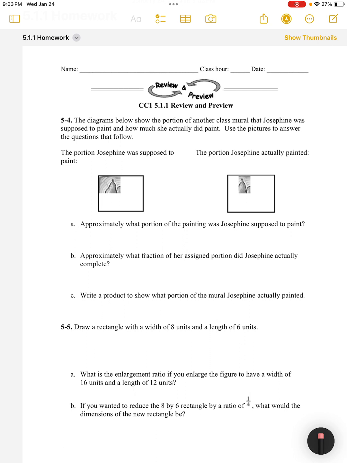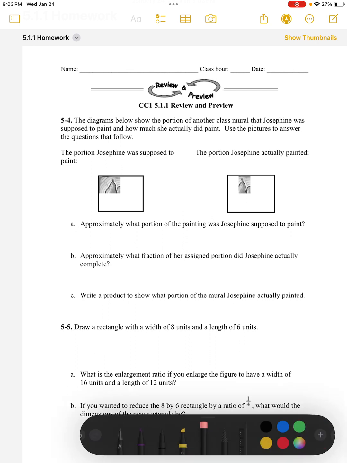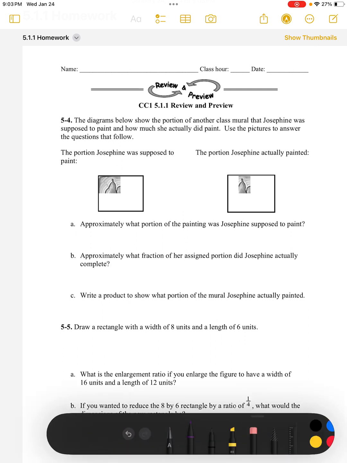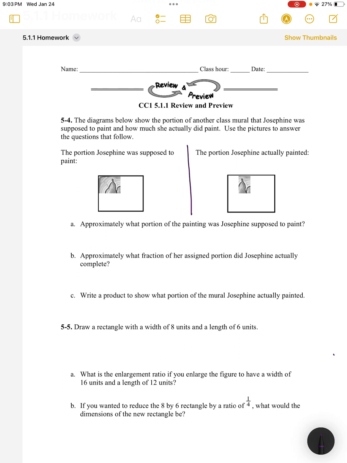So the first picture was the portion that Josephine was supposed to paint. And the second one, let me get my pen, the second one over here is the portion that she actually finished. So if I look at this whole mural, for part A, approximately what portion of the painting was Josephine supposed to paint? I am looking at this painting here. Now, she agreed to this, and if I just draw some lines here,